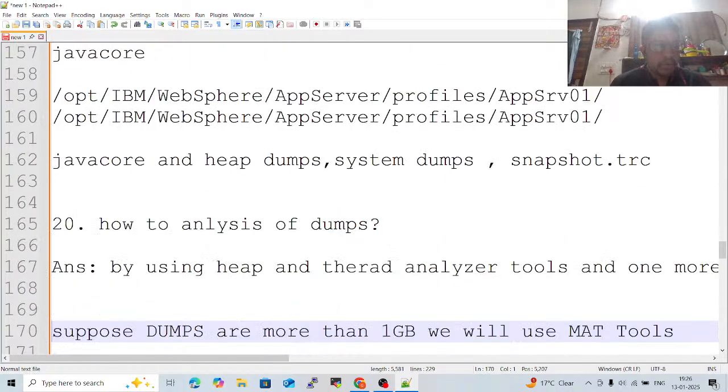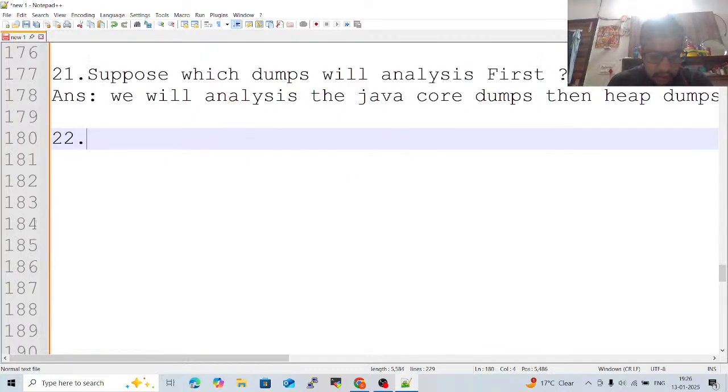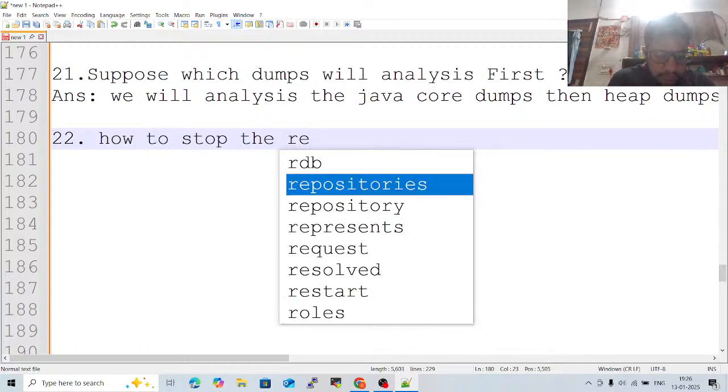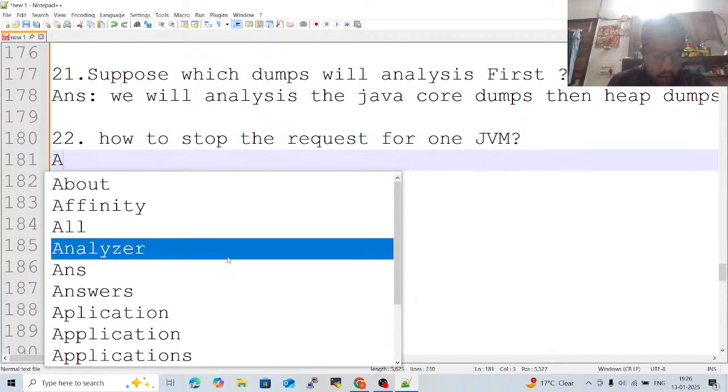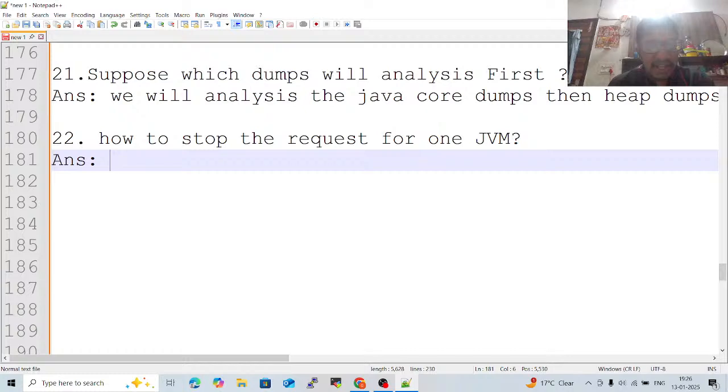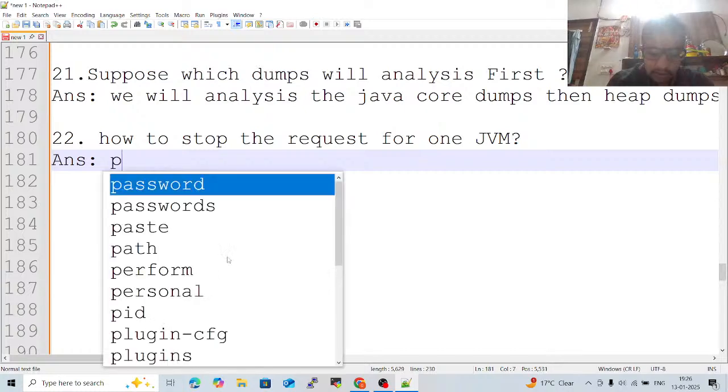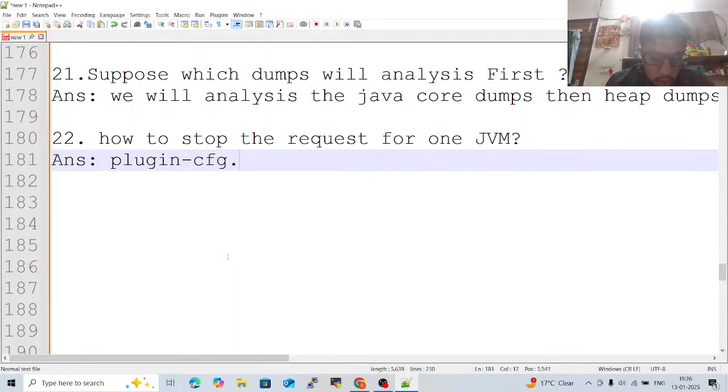This is the 21st question they asked. Okay, in this, how to stop the request for one JVM. I already showed this in the last interview questions. I showed how to stop the request in the plugin-cfg.xml. The plugin-cfg.xml file consists of